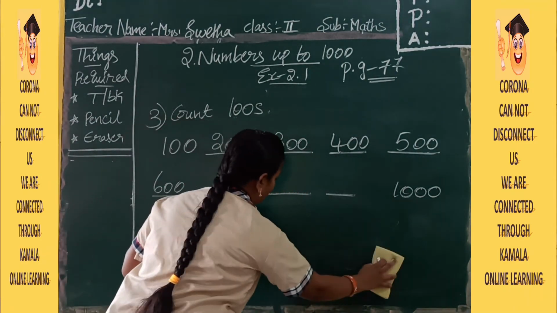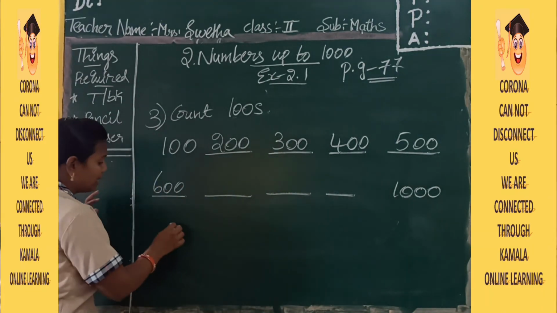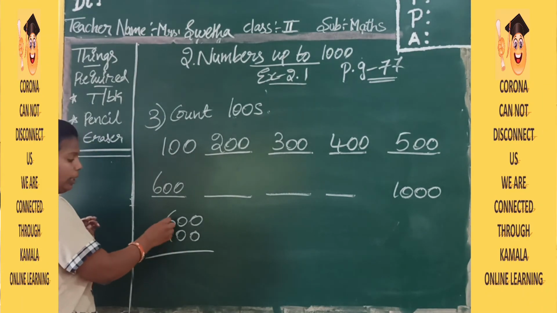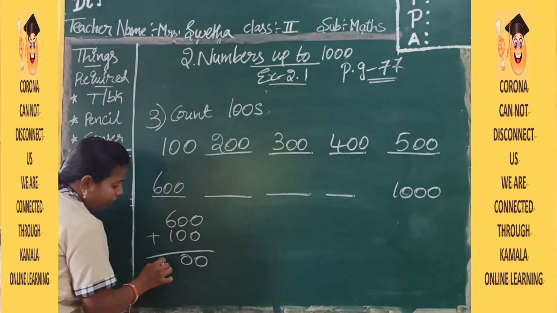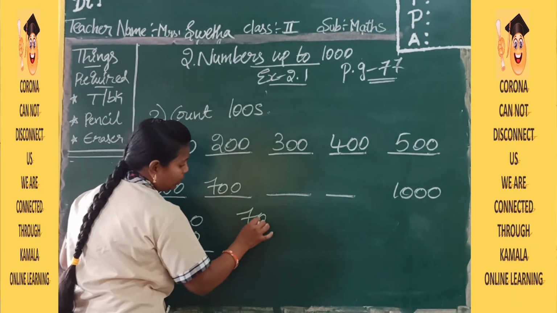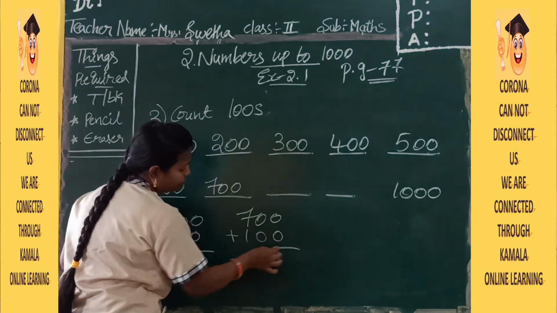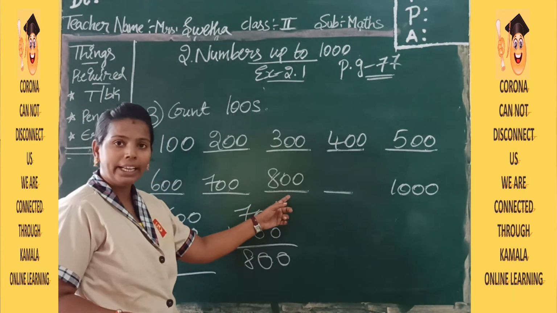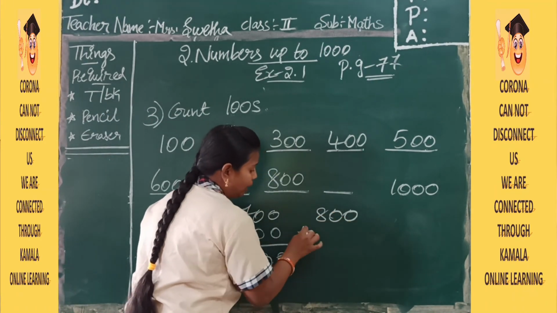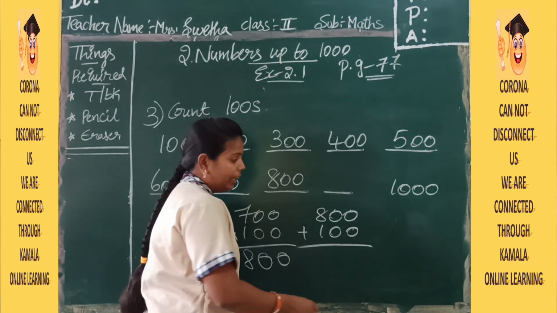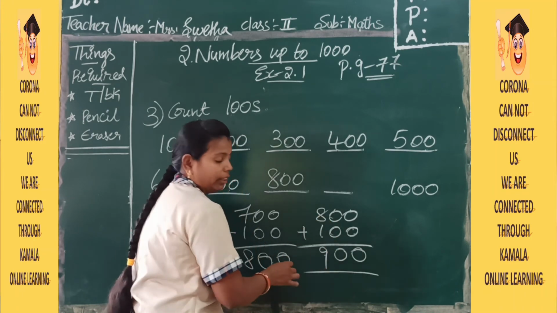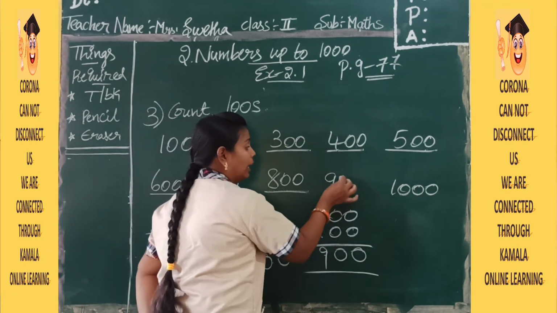Next we have 3 more times. Okay children. The last number 600, add with 100. We are doing it only in the 100 place; the number is changing, children. In the other places only the same zeros we are getting. Okay. Again to this 700, add 100. Yes, so here we got 800. Again to this 800 you have to add one more 100. 800 plus 100. Again 0 plus 0, 0. 0 plus 0, 0. 8 plus 1 is 9.